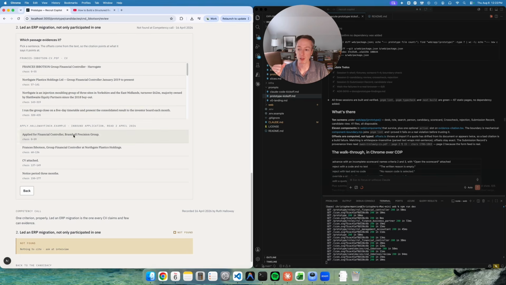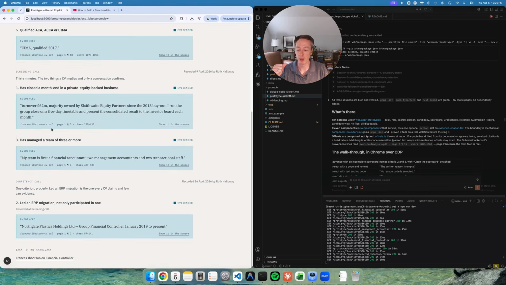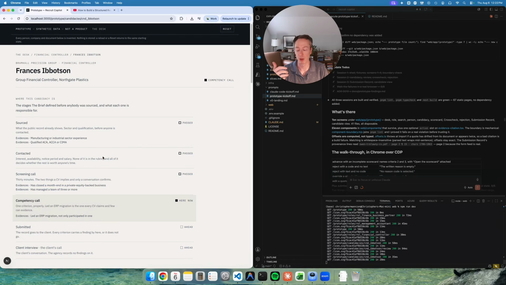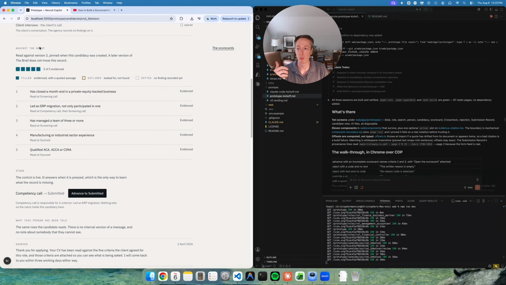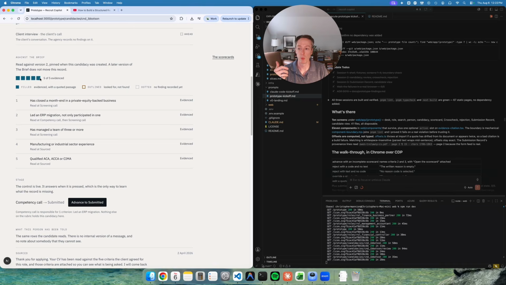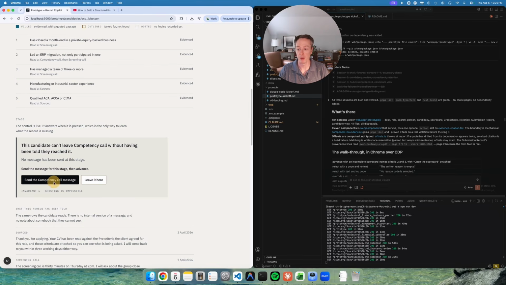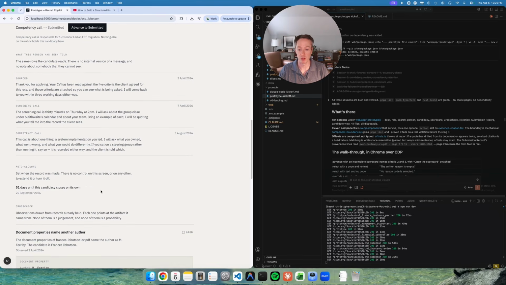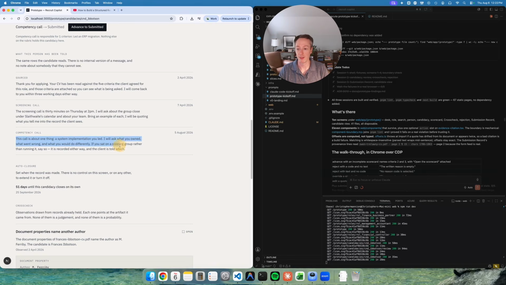But we can click something through here and say, okay, based on this, we have gathered evidence here. As we go back to the candidate, we can see that we're gathering more and more evidence, and so these boxes go to a filled status, showing that we've captured all the evidence that we need. Once we've completed the competency call, we can advance them to submitted, and we're going to send the competency call message. What that does is it sends a message to the candidate